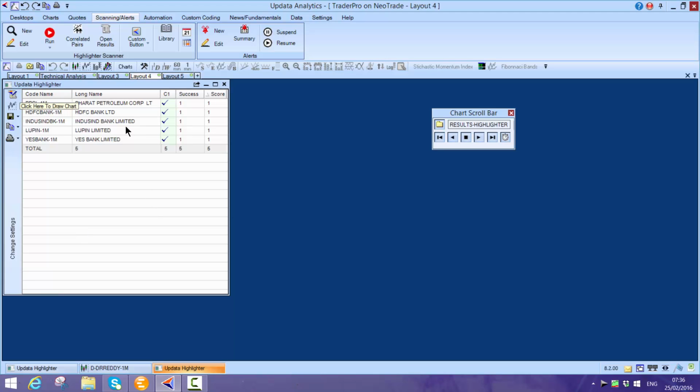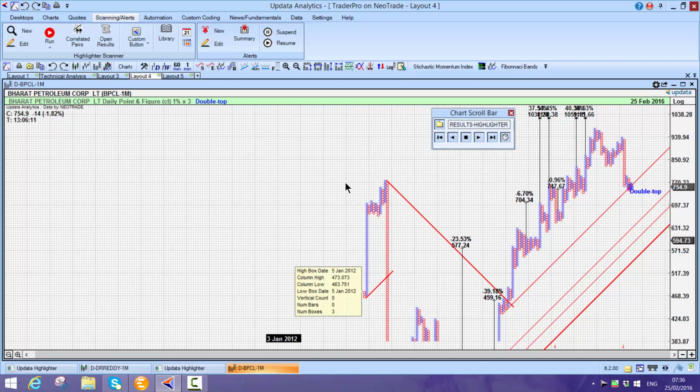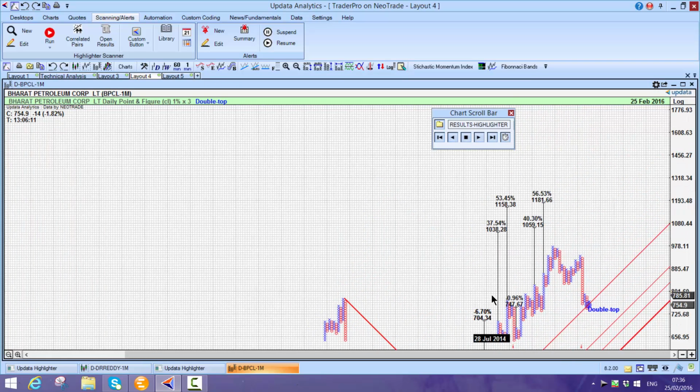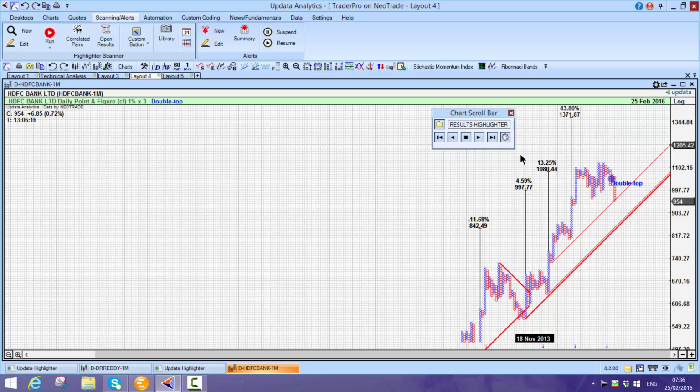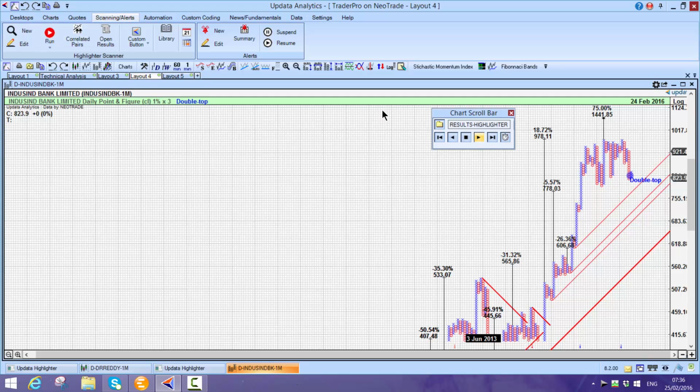And here we see the stocks that are coming in that have got upside potential greater than 40%. So here are the targets. So there's the first one. Scroll to the next one. Here's another upside target, 43.8% on this one, and we just go through